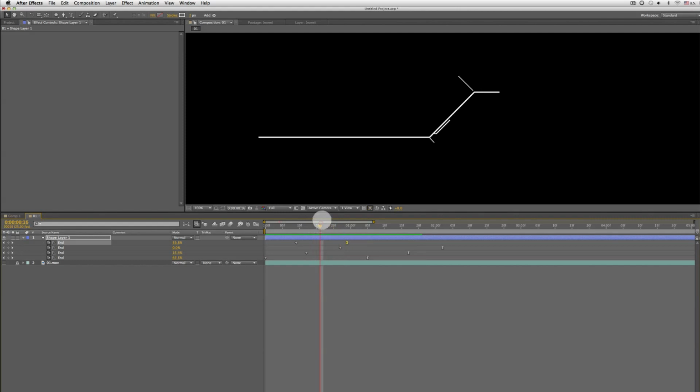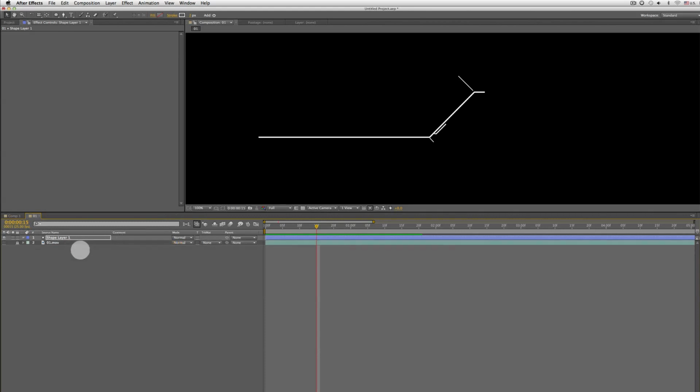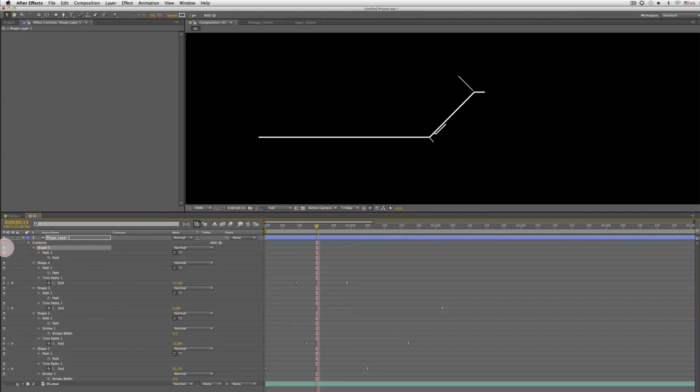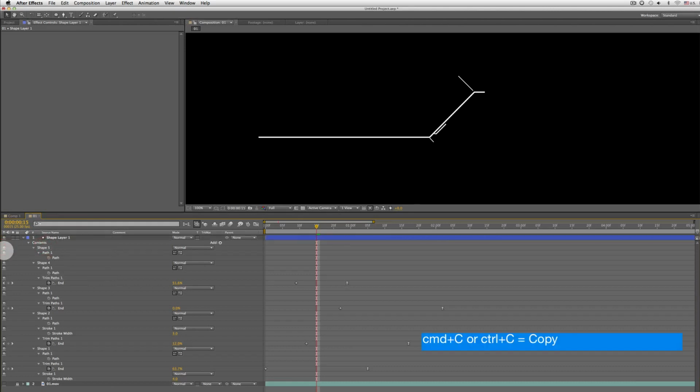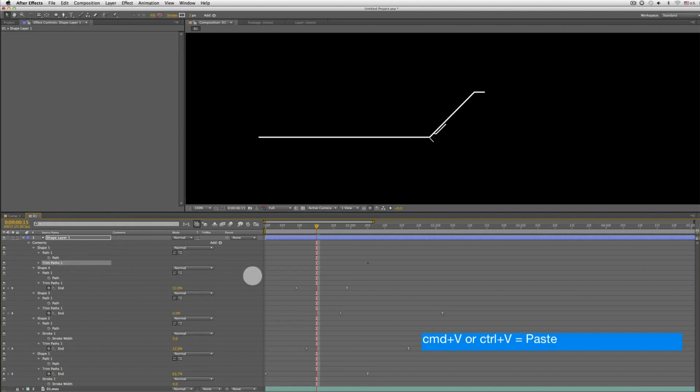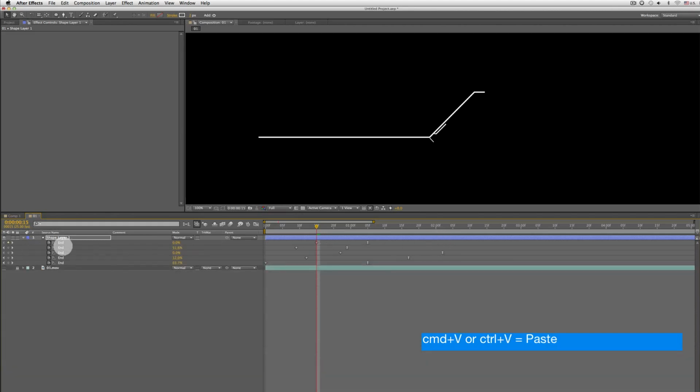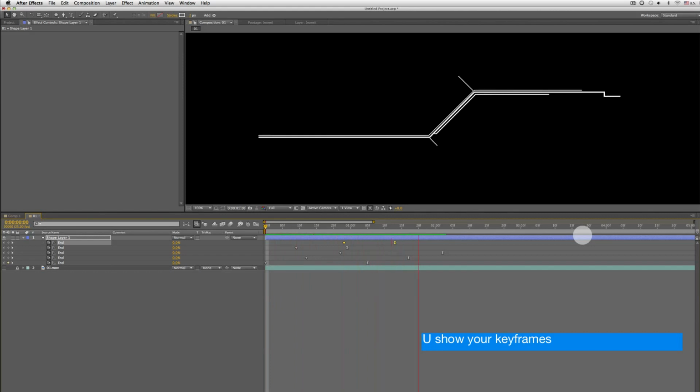Now at this frame exactly, for example, the last shape, shape 5, I want to be animated in. Again, what I did before: trim path, copy with Control C or Command C, select shape 5, Control V or Command V, and again U. If I push U, I have the keyframe. Okay, now we animate all shapes